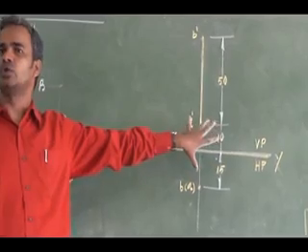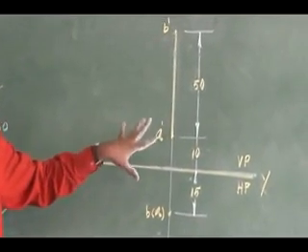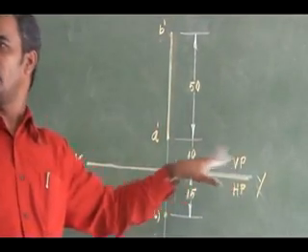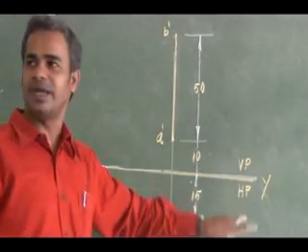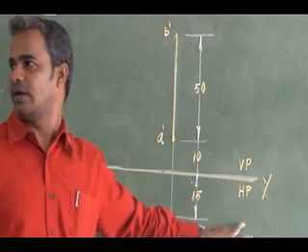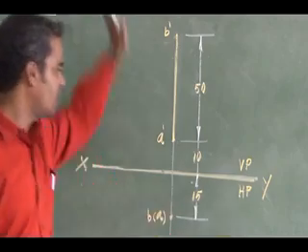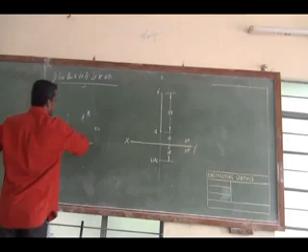This is how you have to show your projection of a straight line. The reference line, with a dot one, XY you have to represent, and VP and HP you have to show. Right. So in all your problems, you have to show the projection. Next case,